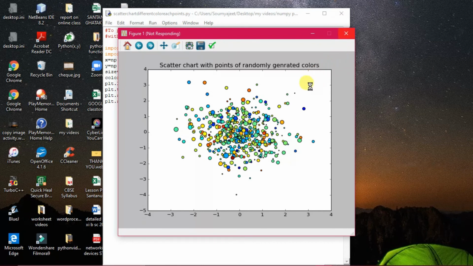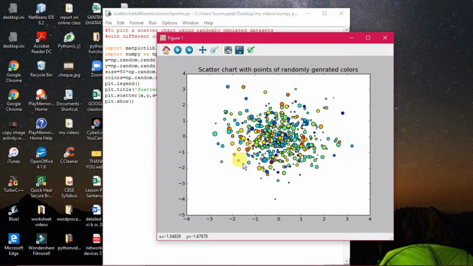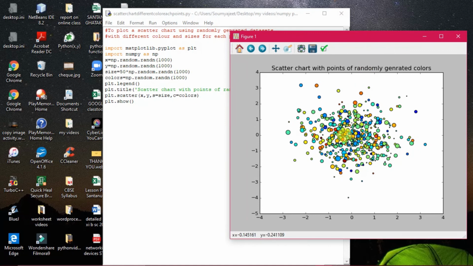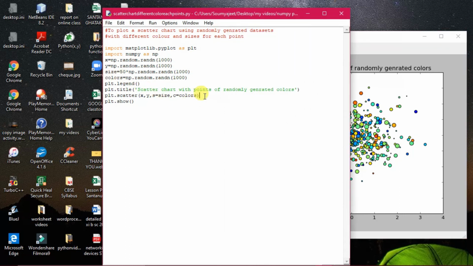Whenever you are executing this kind of program, you might have to face this kind of thing. I have mentioned it in the Google Classroom also in the form of a note when I gave this program. These are the coordinates of the different points that have been generated distinctively. You can see the shape and size are varying everywhere. That is the purpose here. We have taken a randomly generated size, and we have not given any number here. We have given just the variable s equals size and c equals colors. This particular command may be noted.